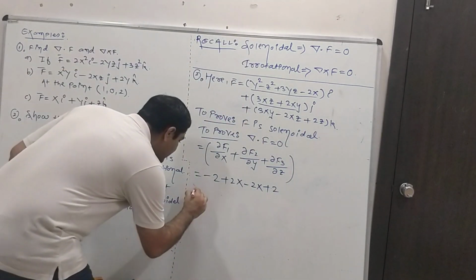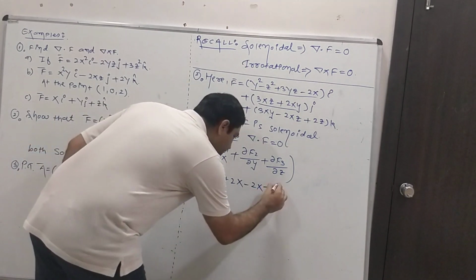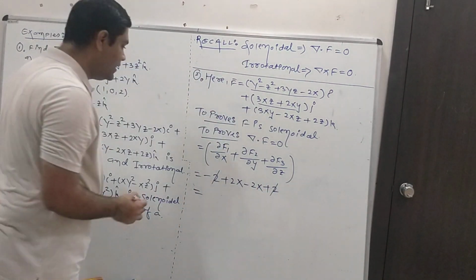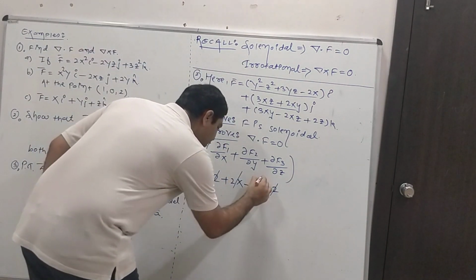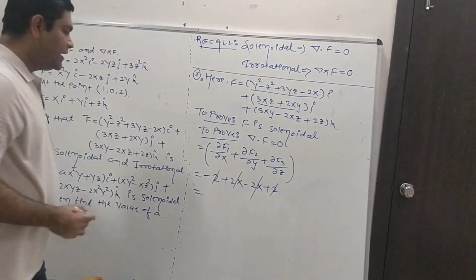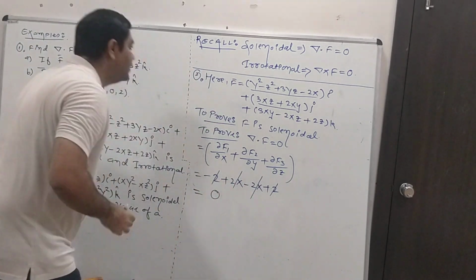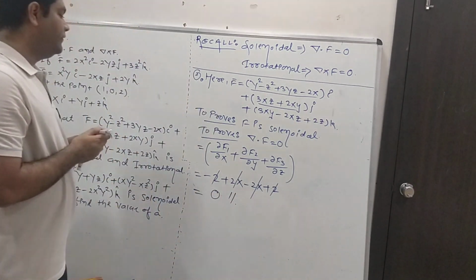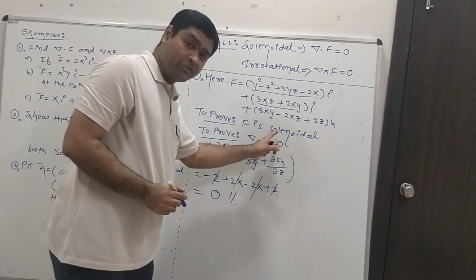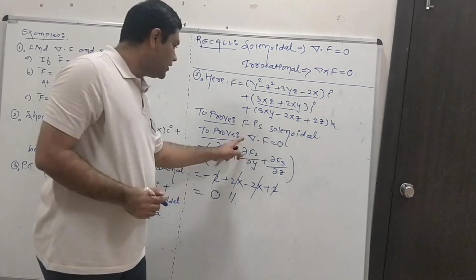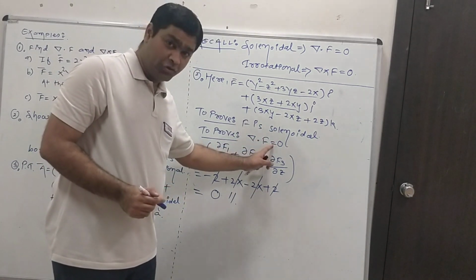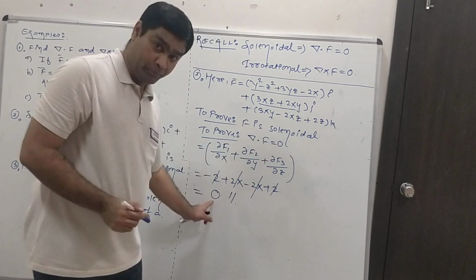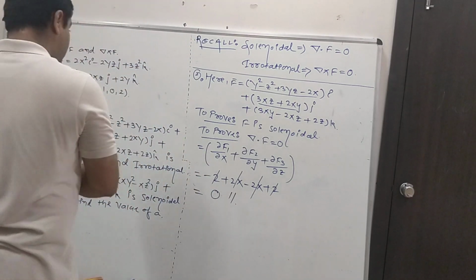So here you can see that minus 2 plus 2 is cancelled, and 2x minus 2x is cancelled. So here we get 0. So hence we prove that the given function is solenoidal, students. Why? Because del dot F is equals to 0, that we have proved. Okay. Now,